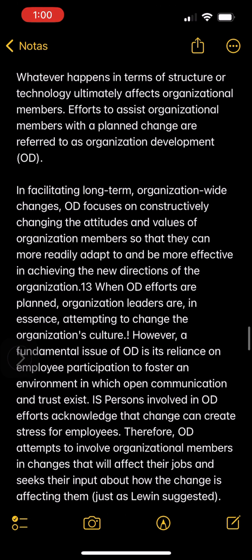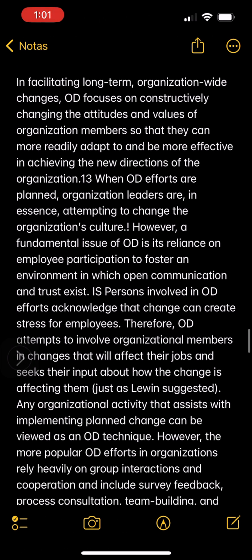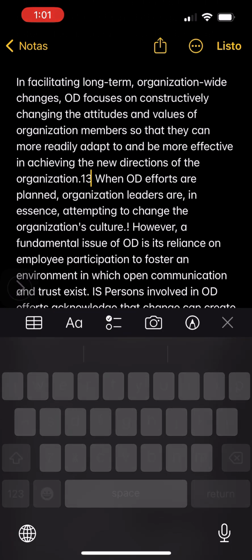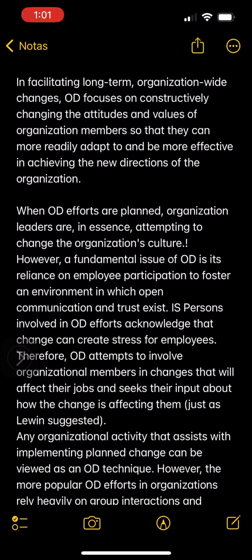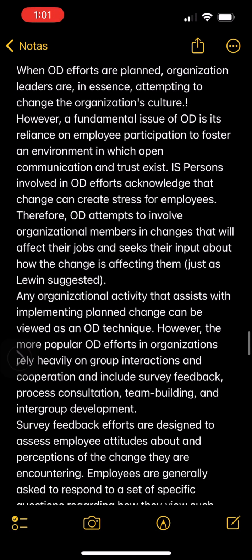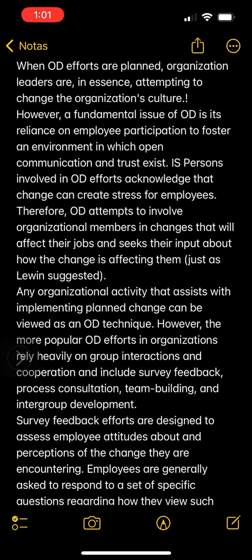In facilitating long-term, organization-wide changes, OD focuses on constructively changing the attitudes and values of organization members, so that they can more readily adapt to and be more effective in achieving the new directions of the organization. When OD efforts are planned, organization leaders are, in essence, attempting to change the organization's culture. However, a fundamental issue of OD is its reliance on employee participation to foster an environment in which open communication and trust exist. Persons involved in OD efforts acknowledge that change can create stress for employees. Therefore,